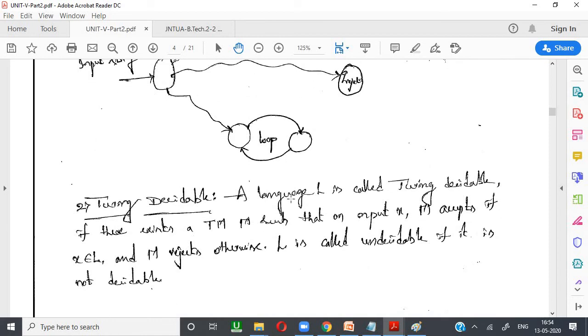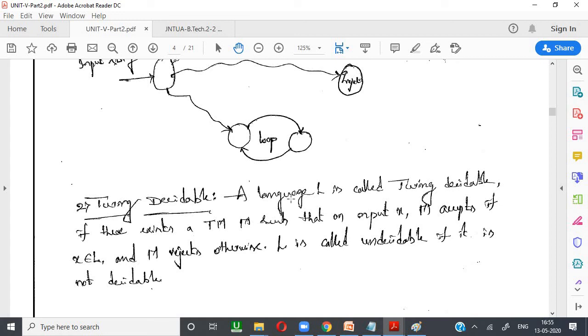We call it Turing decidable if there exists a Turing machine M such that for an input X, if that X belongs to the language which is acceptable by the Turing machine, then we call it Turing decidable. Otherwise, it will reject it, and we say that it is not decidable.